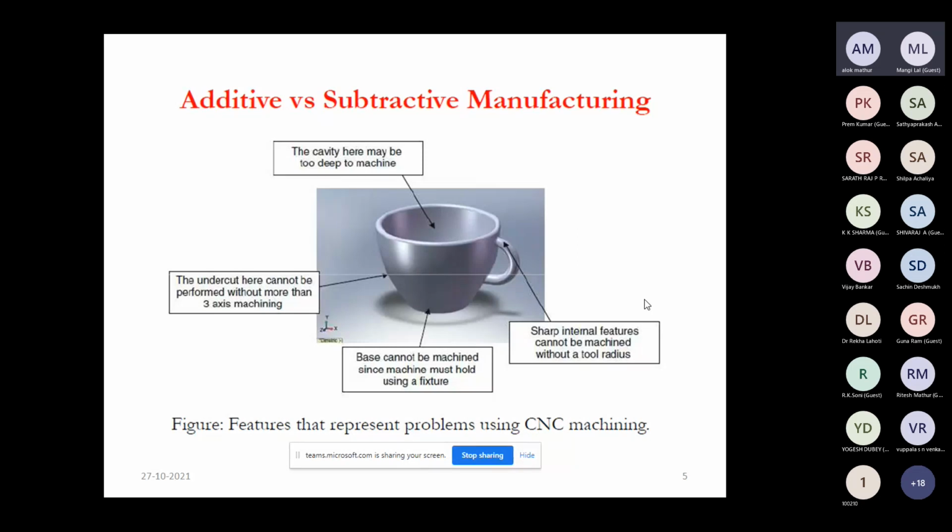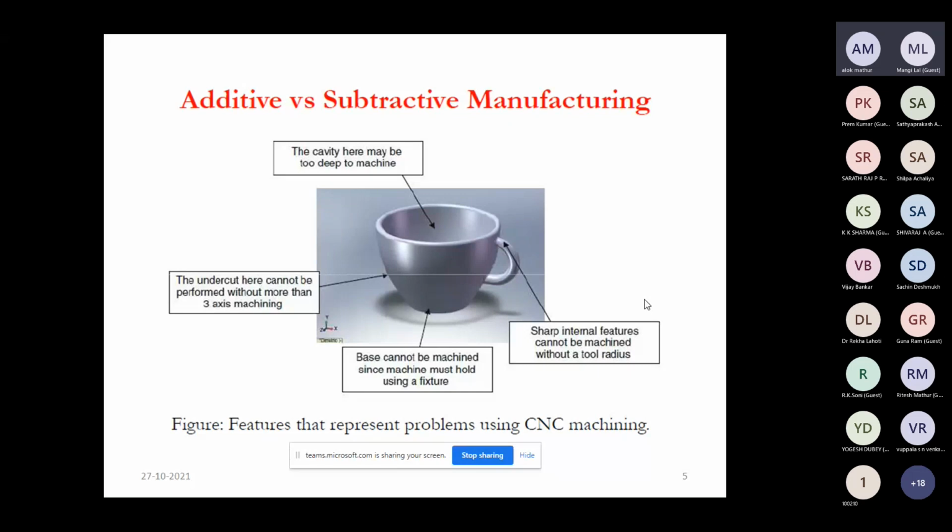If you have complicated or intricate shapes, these are difficult to generate through different types of machining, and the cost of machining is very high. So, as compared to subtractive manufacturing, additive manufacturing is more time saving and also a cost effective technique.